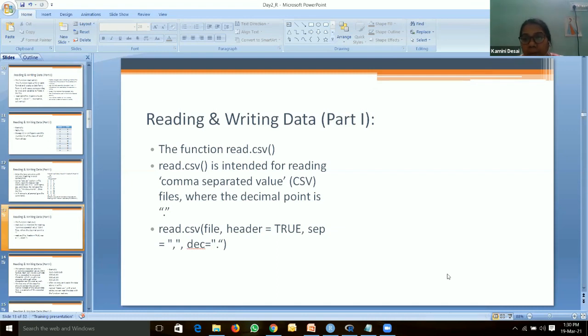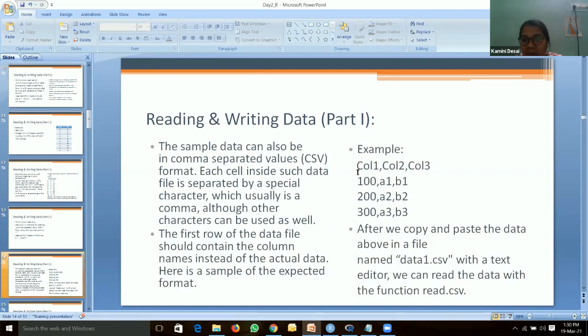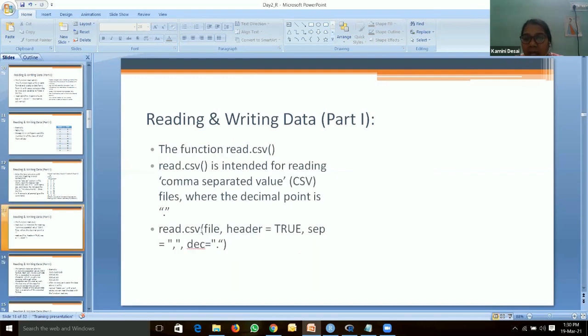Done. This data you have to save as data1.csv in your directory, and when you want to read this data in R, just type this command.